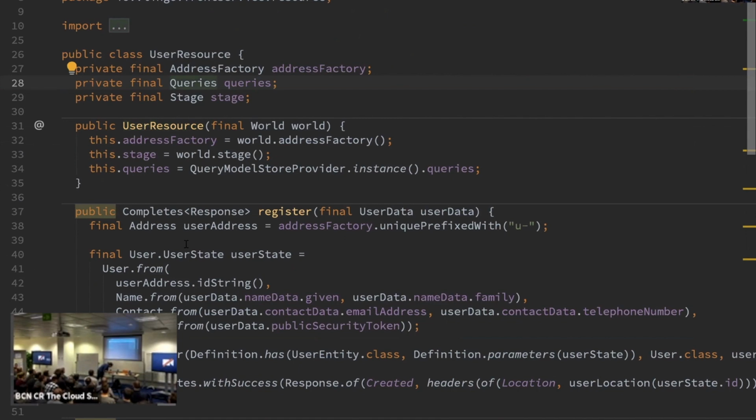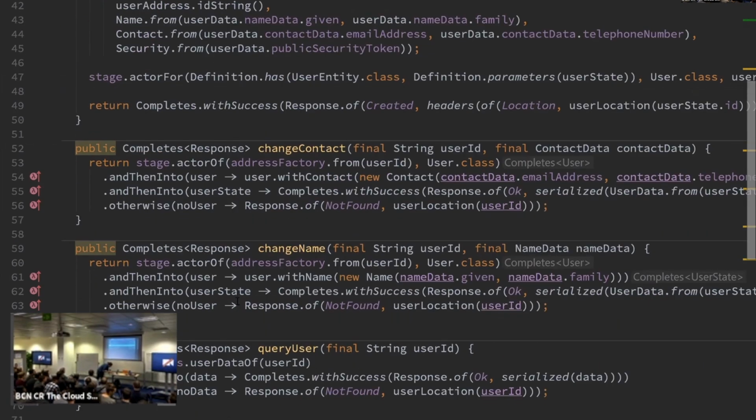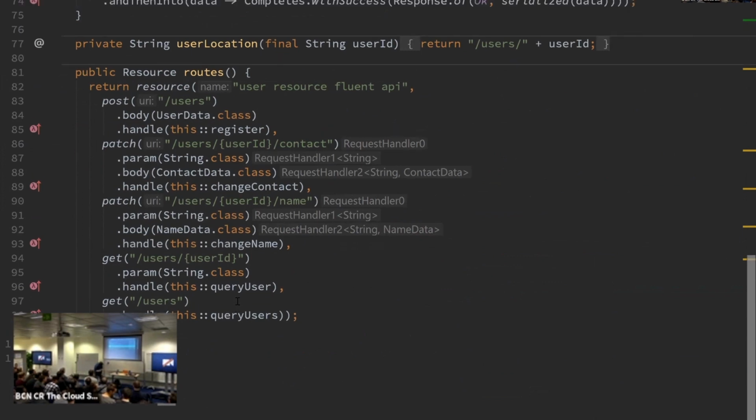Just one fast thing. You remember the world where all the actors live? We require this constructor. Very fast, I'm going to show you where you map everything. Remember that we try to be type safe. Mainly what we did is try to make it the smallest thing we can. So basically we map this post, get, and everything into the handler. I hope it's very easy to read. Everything handles to the method to the class.